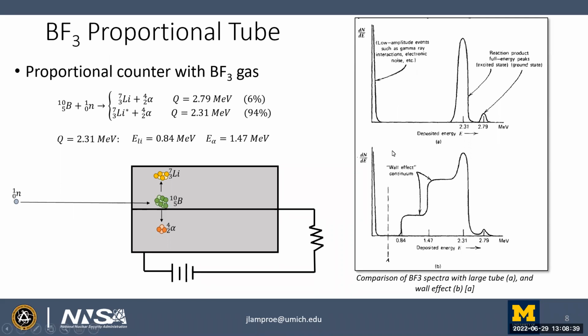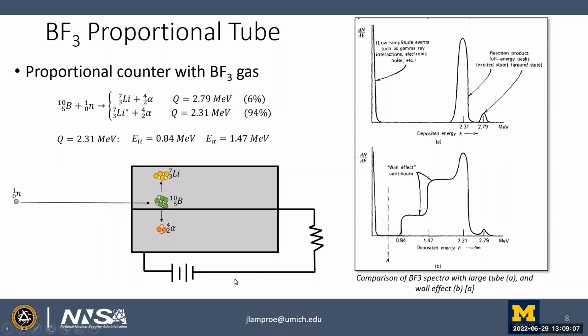And then the actual neutrons are going to come in pretty distinct peaks at the Q values for each reaction. So you can see that the lower Q value is a more abundant interaction. It happens 94% of the time. But you do still get the 6% at 2.79 MeV. In actuality, there's a little bit more to the story, because you're going to get what are called wall effects,